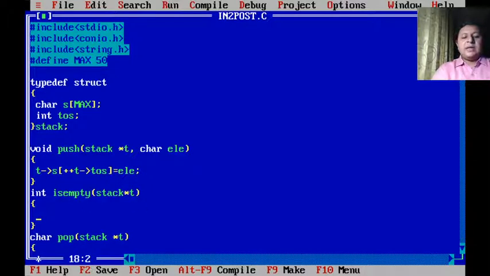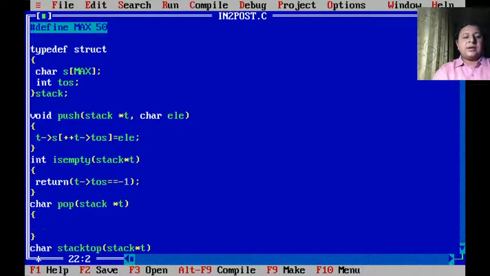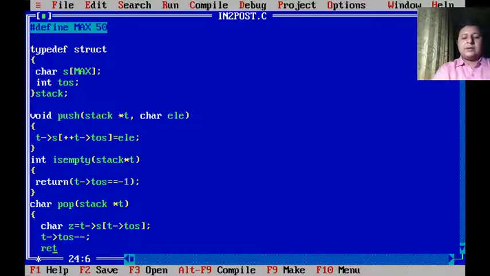Now stack is empty when my t->tos is -1. So I would straight away compare it and will return it. Now pop. In pop we have to be a bit careful because it has to return the value. So either I can take a temporary variable like char z, which will be equal to t->s[t->tos]. Okay, then I would decrement TOS and I can return z.